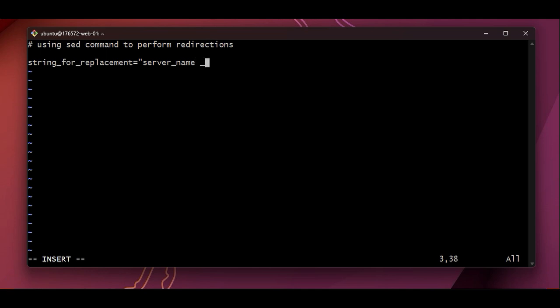I'll give a space, another underscore, and that's the word we're going to look for. So this file is going to search for this word, server name, in our configuration file, and after it has searched for it, it will go to a new line, and when it's on a new line we want to put a tab there. So we'll say a \t for tab to create a tab, and it's going to write the command to carry out redirections,